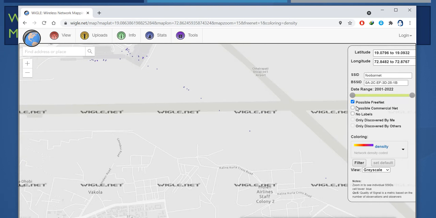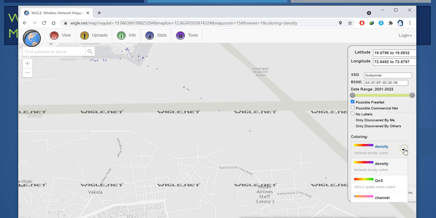Then we can go for possible commercial nets, no labels, only discovered by me, only discovered by others. We can see the density. Then quality of service. So these are the filters we have, which we can use to filter the output which we see. And there are some other sites also.